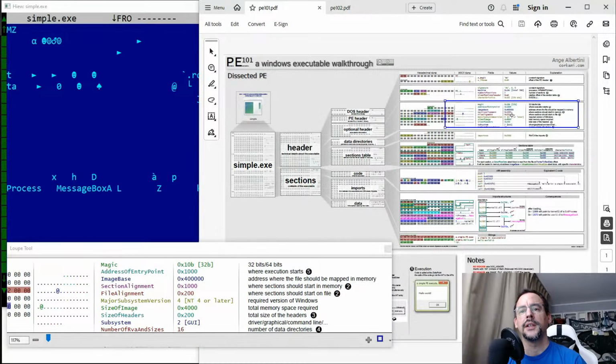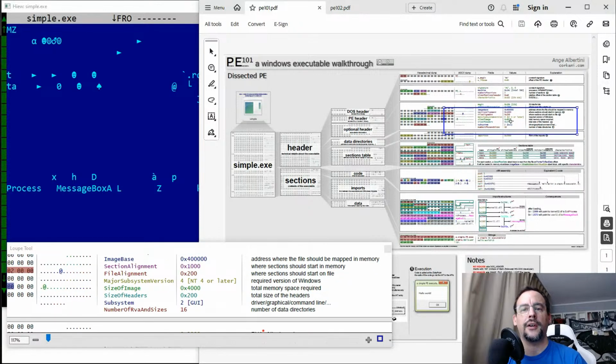And again, the section alignment is where the section should be mapped to in memory, the alignment of the mapping in memory. And the file alignment is the alignment where to find the section on the file itself. So no big difference compared to the mini file we had earlier,